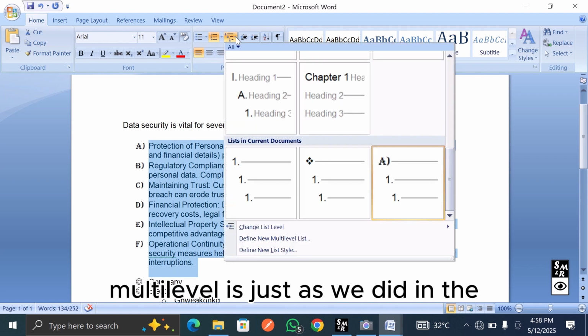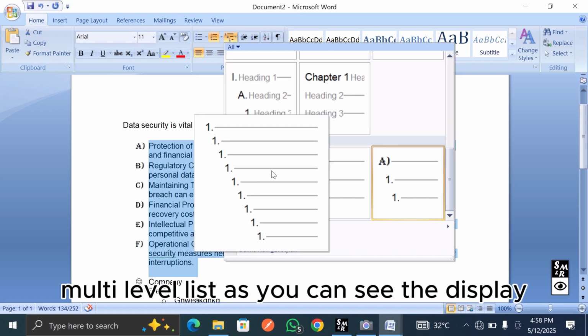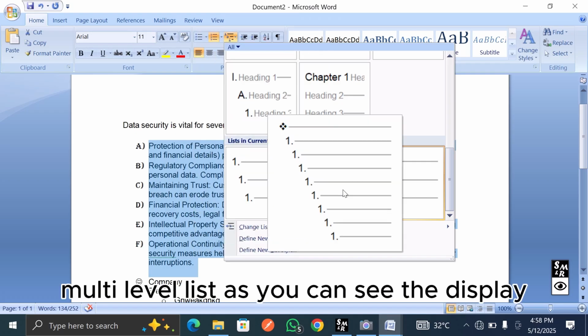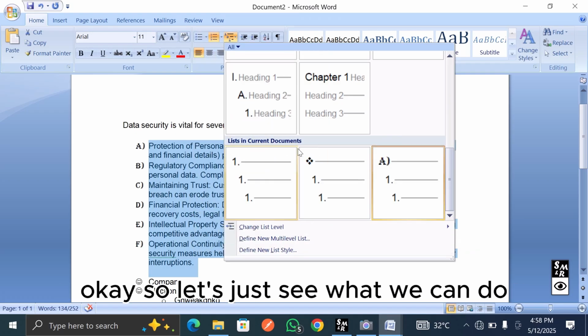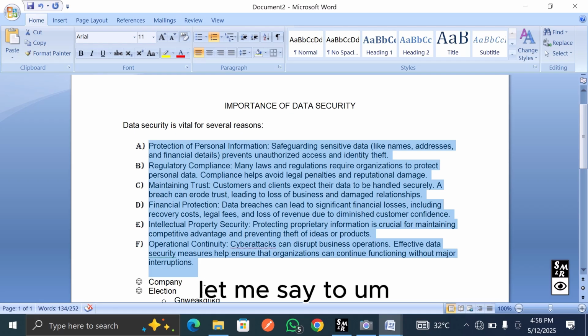Multi-level list, just the same way we did in the bulletin. Multi-level list, as you can see in the display. Okay, so let's just see what we can do. Now if I apply the multi-level list, let me say